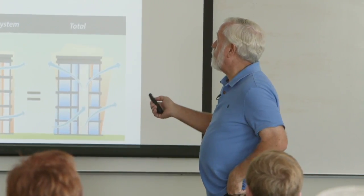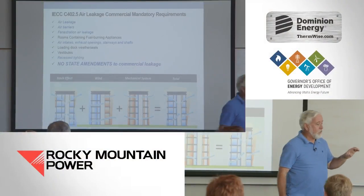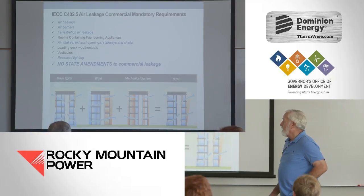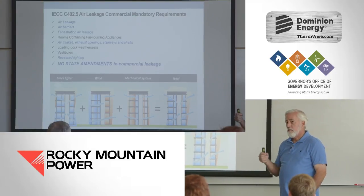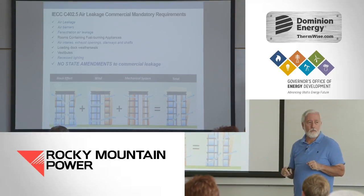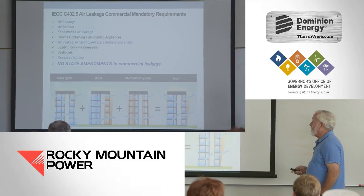So air leakage. We have some mandatory requirements. Now what I'm going to do is go over real quick the commercial requirements and the residential requirements so that we kind of have a feel for it, and hopefully we can get through those about the time we break for our lunch for a few minutes, and then after that we'll kind of go into the assemblies that we're using in multifamilies, and you can kind of see what's happening there. So on the commercial side,